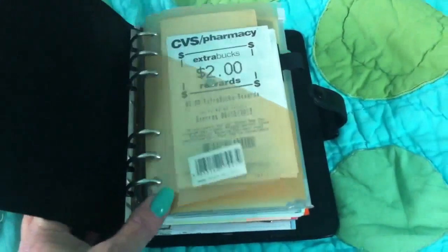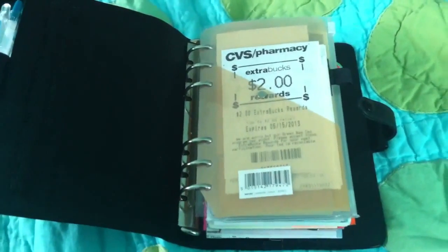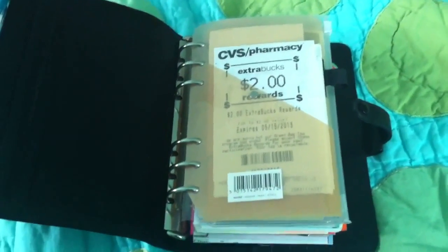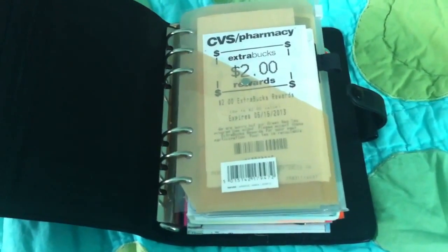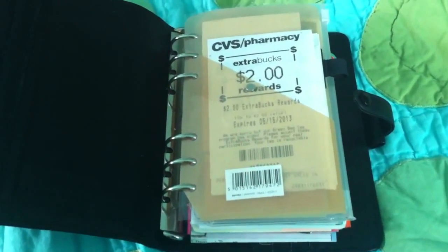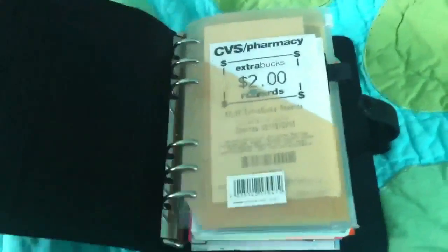There aren't usually a lot of new things in my Filofax because I stick with the same setup pretty much. Although recently I had gone to the month on 2 pages vertical format, and I found that I wasn't using the year on a page, and I also missed an appointment with a doctor. So I thought about it and went back to the week on 2 pages, and it works for me, and I think I know why